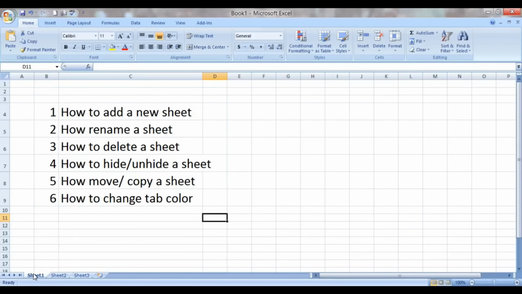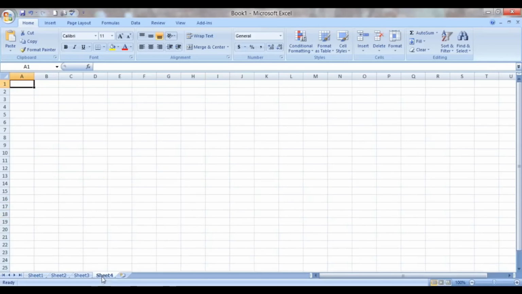The first and the easiest one is clicking on this sign. If you click on this, a new sheet would open up, and that too would be numbered sequentially. Sheet 3, sheet 4, and if I click it again, we'll have a sheet called sheet 5. And I can also insert a new sheet by pressing Shift F11. See, we have sheet 6,